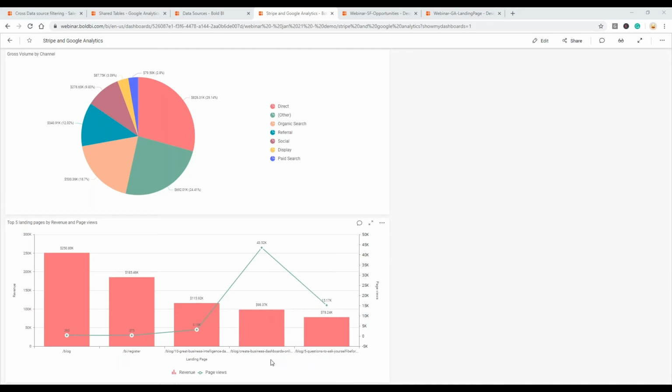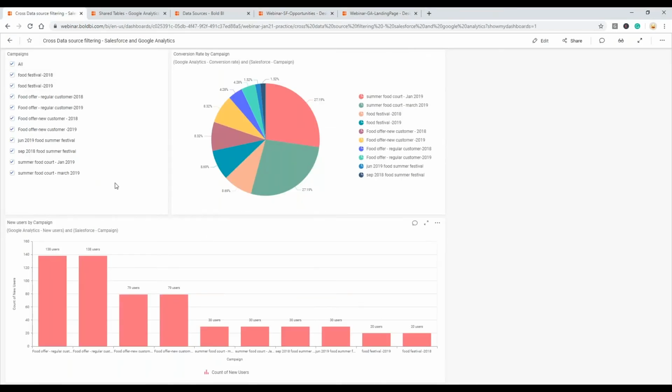But coming to this blog, Create Business Dashboard, this blog has some revenue, but even though it has enormous page views, it doesn't generate much revenue. But the adjacent blogs, adjacent pages have generated revenues and page views as well. So as a product manager, I can decide that having such dashboards would generate both revenue and page views as well. And I can drive my product better. So this is for the first demo.